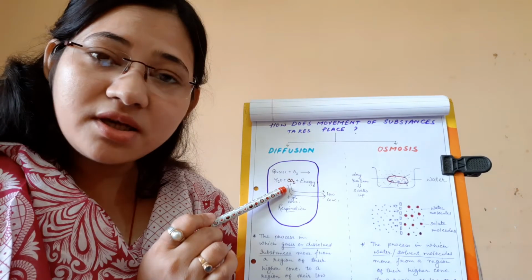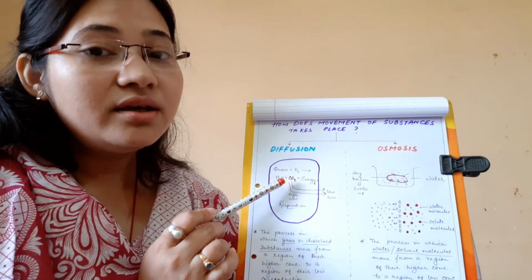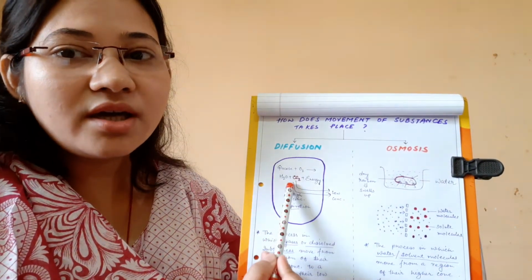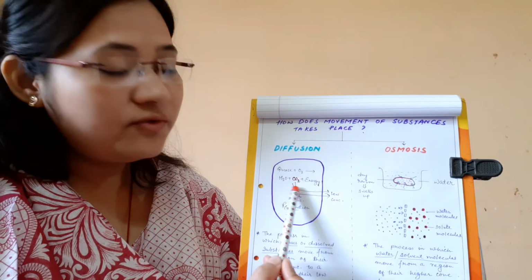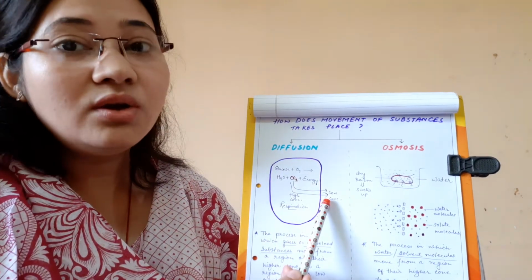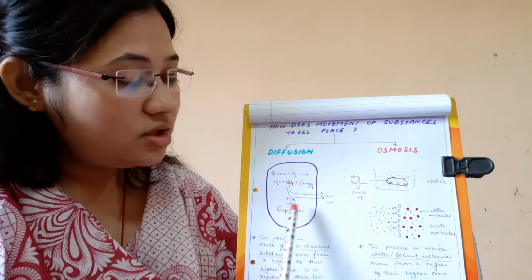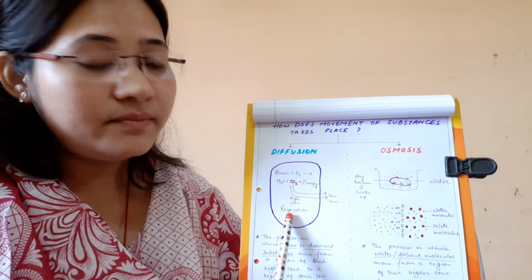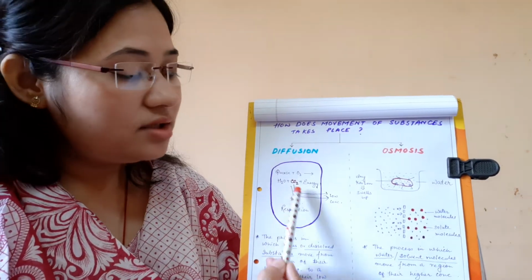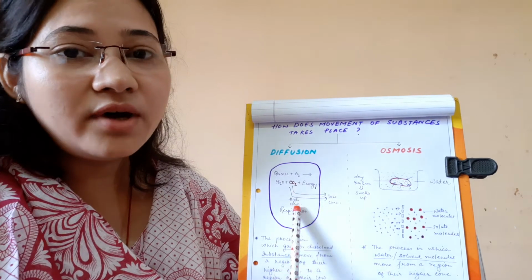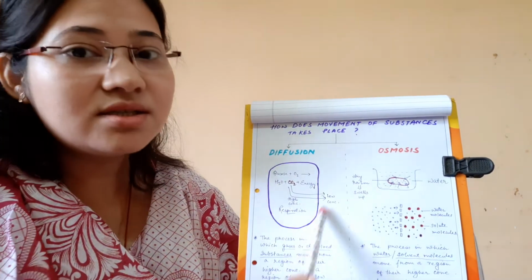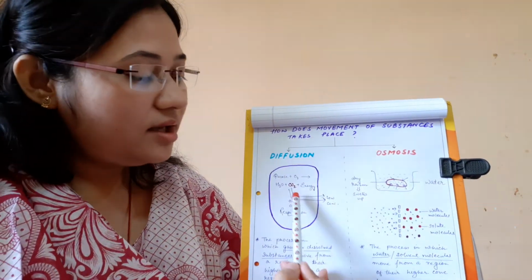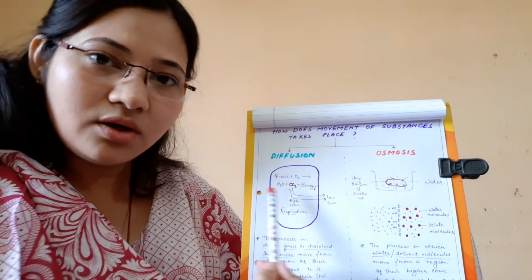See, after respiration, the production of carbon dioxide is more inside the cell. That means its concentration is high. So, carbon dioxide tends to move from a region of high concentration to a region of low concentration. Once again, during the process of respiration, when a huge amount of CO2 is produced inside the cell, then because of its high concentration, the CO2 molecules move from a region of high concentration, that means from inside the cell, to a region of low concentration, that means outside the cell. They can easily diffuse outside. Okay, they are free to move about